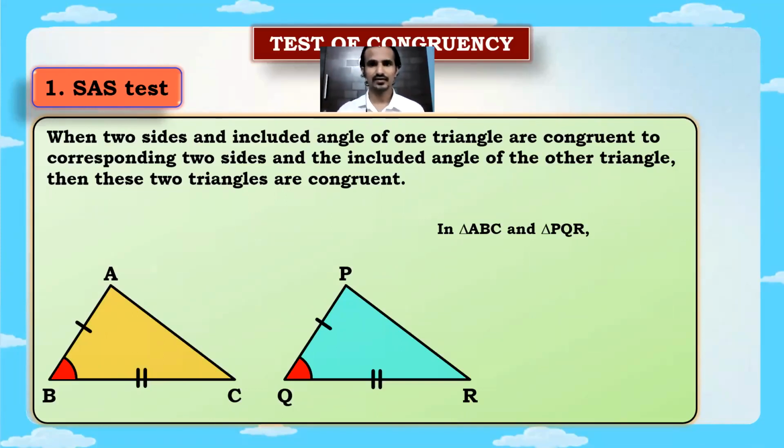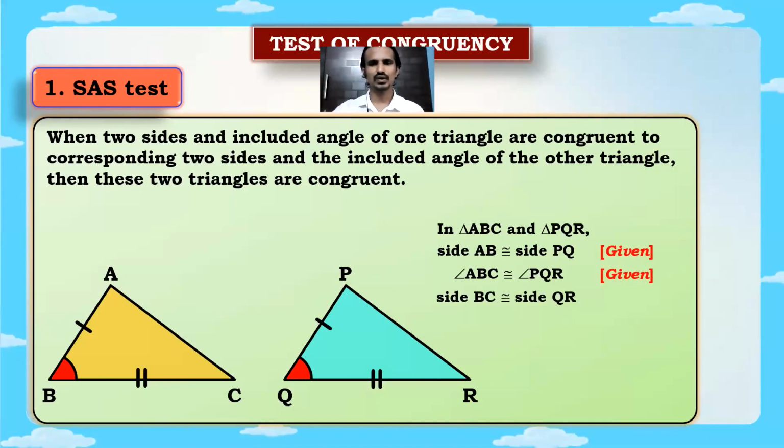Then from the second line onwards, you should find the three parts that are equal and mention them step by step. The first side we write down is AB and PQ. AB is equal to PQ. So we say side AB is congruent to side PQ. We always have to follow the figure. In the figure, after AB, we can see that angle B is also marked. So angle B is congruent to angle Q. Usually we write B and Q in three letters. For B, we say angle ABC, and for Q, we say angle PQR. So angle ABC is congruent to angle PQR. Then side BC is congruent to side QR.